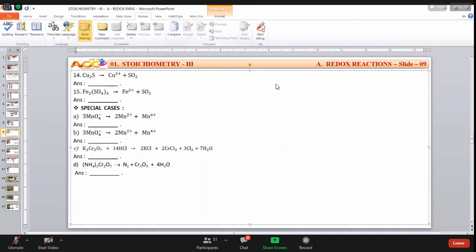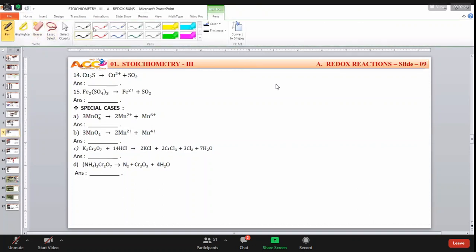In case number 1, he is saying 3MnO4 minus. See that stoichiometric coefficients are also given here. 3MnO4 minus